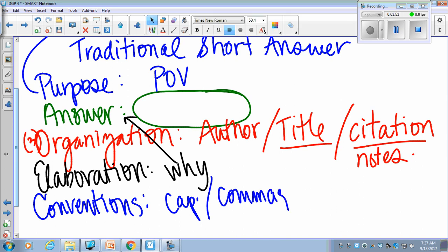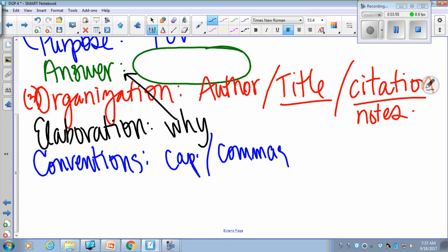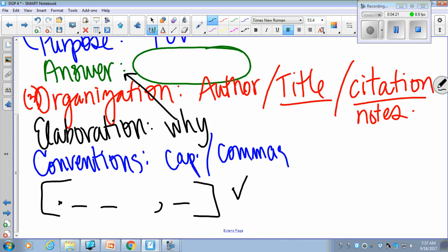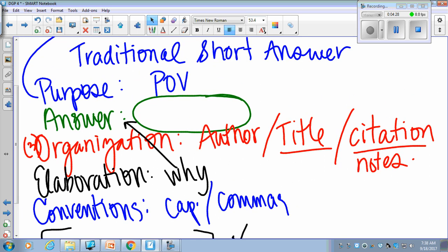And just so you know, after every period you need 2 spaces, and after every comma, you only need 1. This was just a typing courtesy that I noticed in your papers, so let's get in the habit of that. Many times, for example when I'm texting on my phone, it automatically does that for me. So let's use that as a courtesy to the reader. It just makes it easier for me to read, and it's nicer when you do that. So check those things out. Look for these pieces here.